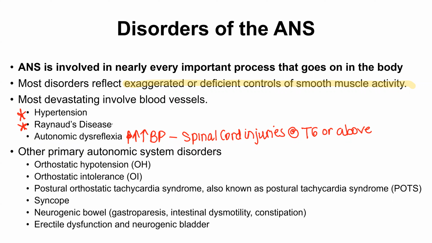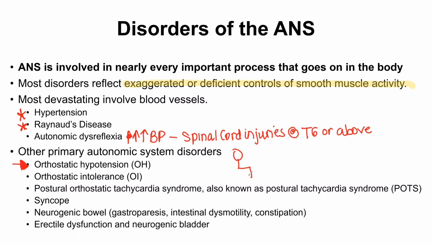The next condition here is orthostatic hypotension. And orthostatic hypotension is really interesting, and you guys have maybe experienced this before. This is kind of referring to when you stand up too fast and you sort of almost black out for a second, but some people actually do black out and then they pass out. What happens here is that,